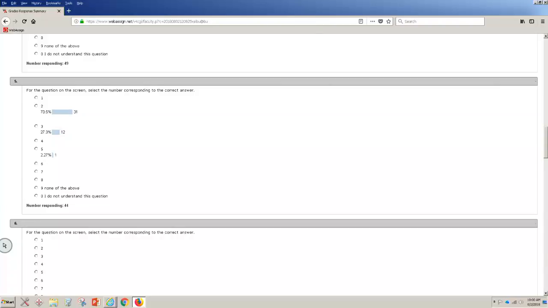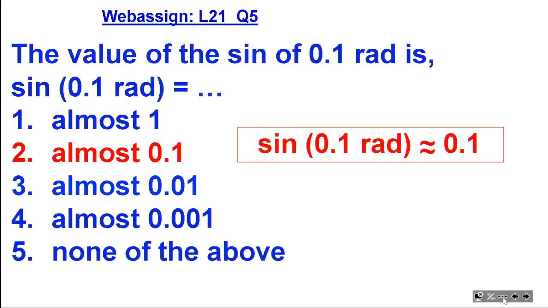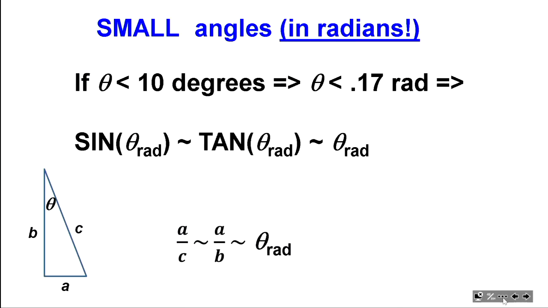Well, 2 is the correct answer, so the majority is right. Yeah, 0.099 is about 0.1. What does it tell us? It tells us this. That's a very important